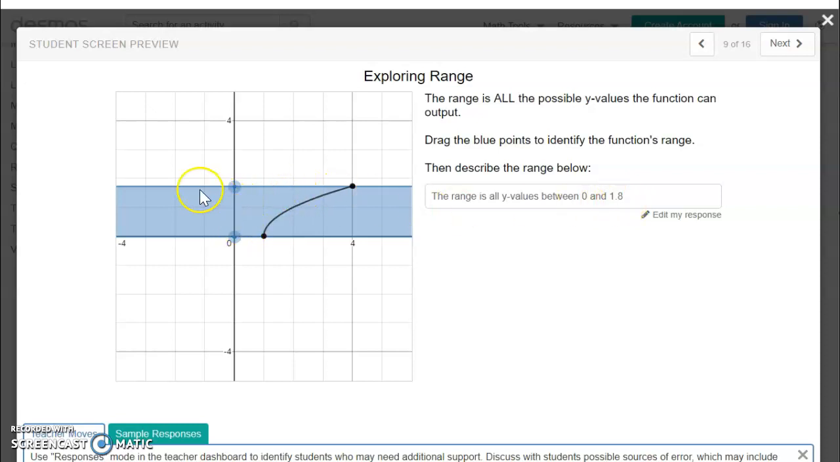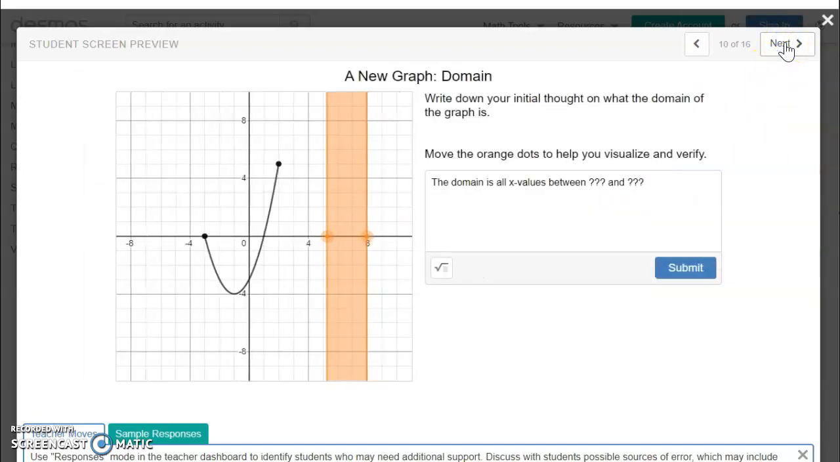We are interested in the y values here. Okay, let's go to the next graph, and the new graph is now you are moving this to